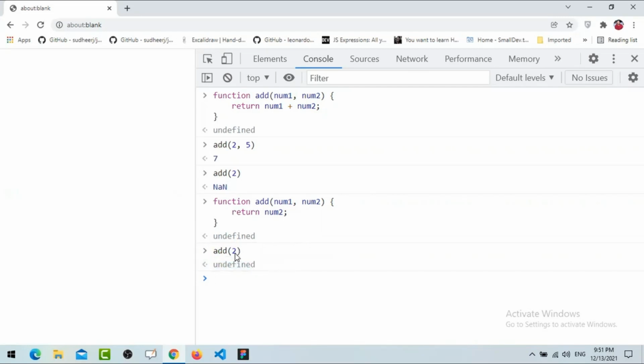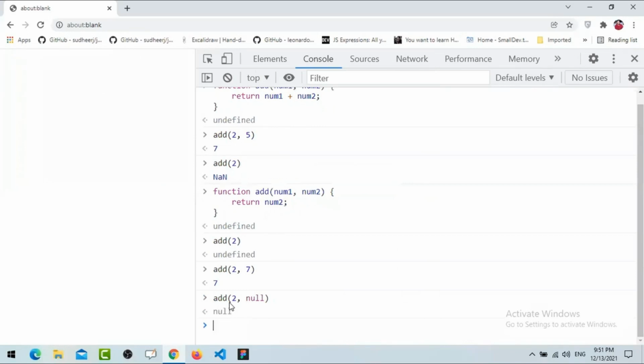Whenever I'm calling add 2 here, you can see the first value I'm passing is stored inside num1, and inside num2 there is no value, so that's why it is returning undefined. Now I'm going to prove it to you. Let's say here I'm going to pass 7, so it is going to return 7. Now if you pass null here,